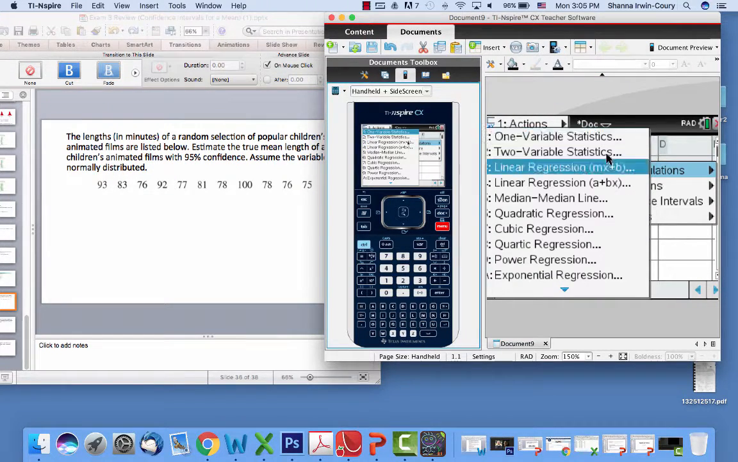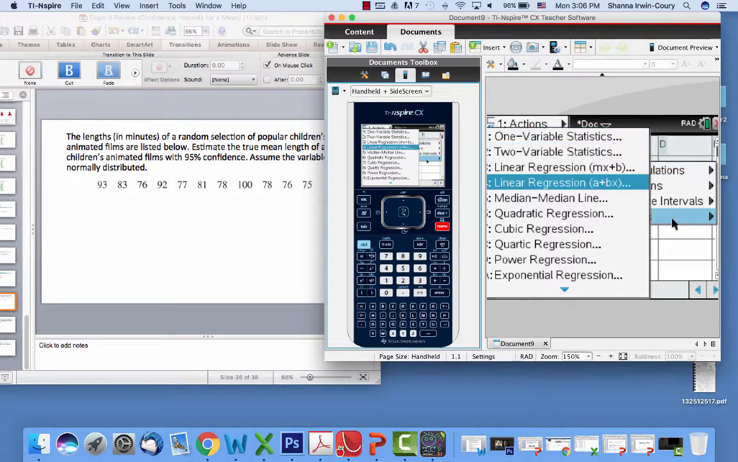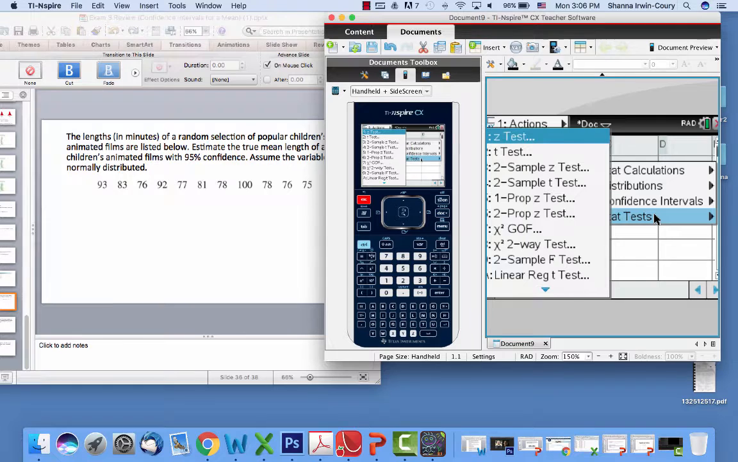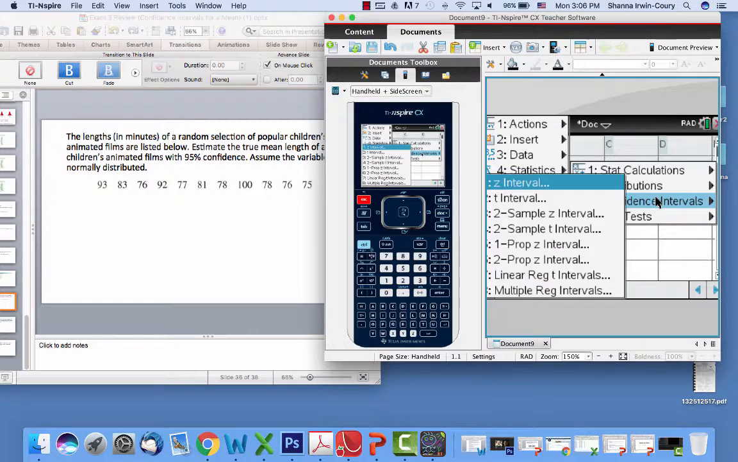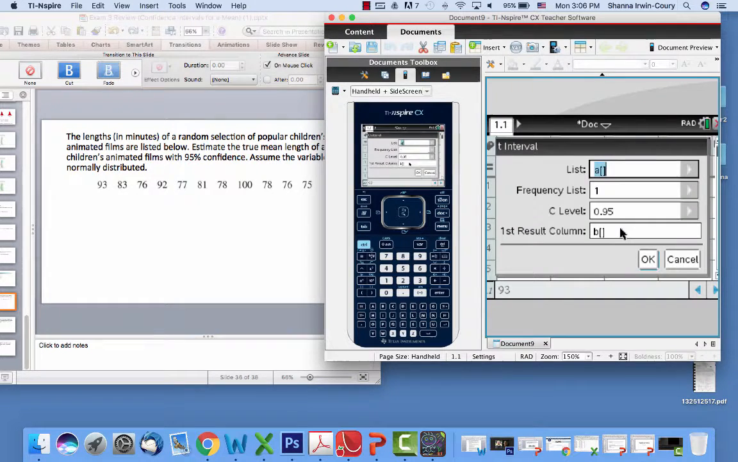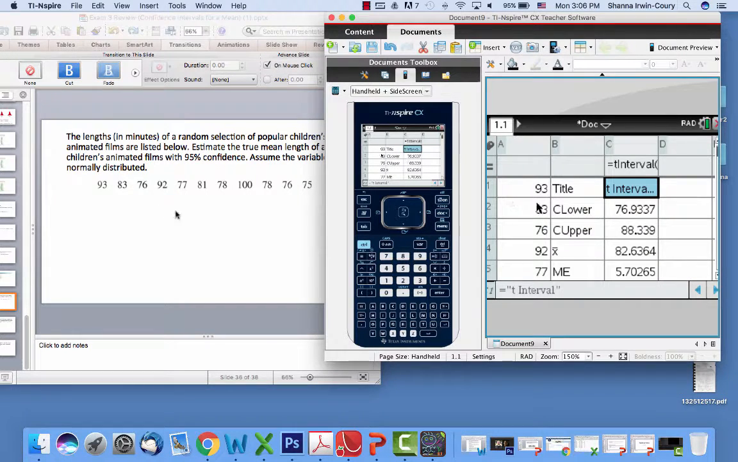Stat calculations I would only go to if I wanted to get the mean and standard deviation of something. Confidence intervals are for confidence intervals and tests are for hypothesis tests. We're in confidence intervals right now. We only have 11 things and we do not have the population standard deviation, so we're going to do T. And our input method is data because I put the list in. I do want 95% confidence, so now the confidence interval is 76.9 to 88.3,